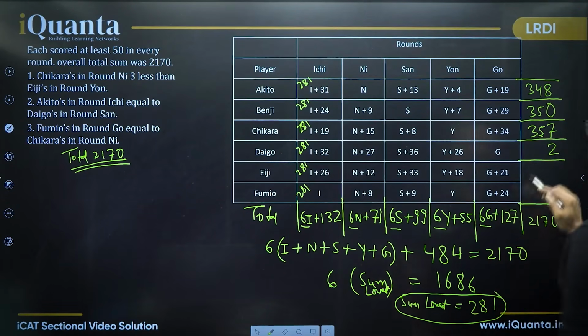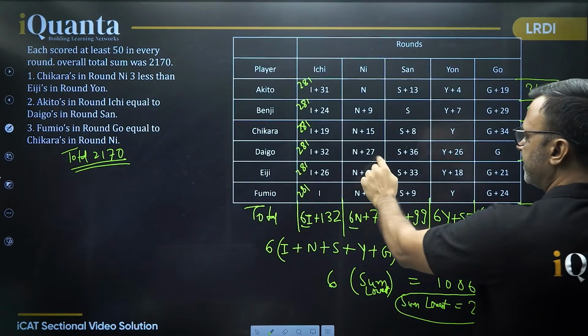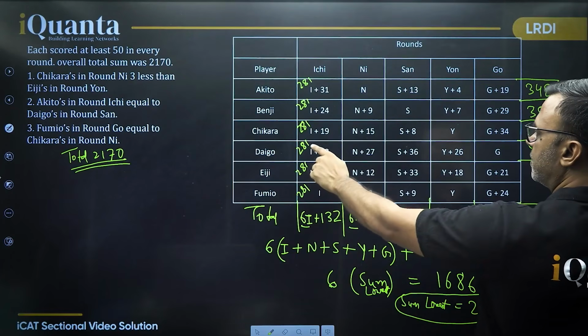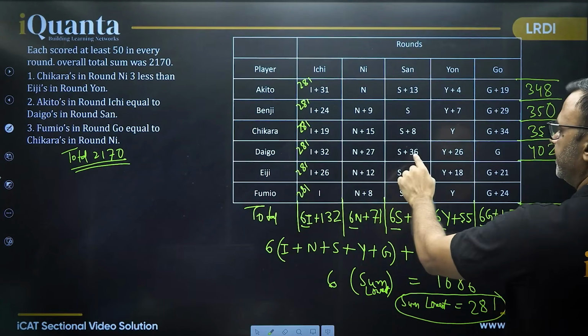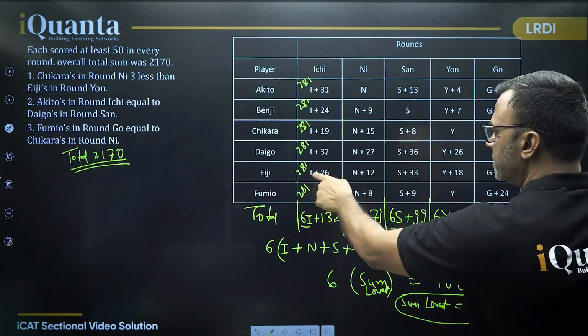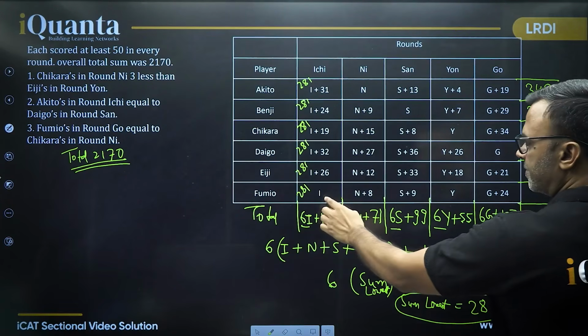12 and 28, 40. Just check it again. 6 and 6, 12, and 7, 19, and 2, 21, and 1, 22. 28 and 2, 30, 33, 35, 38, 40. Okay, very good. Right? So just make no mistake. 281 was the sum of I plus n plus s plus y plus g. Right? Now this one,